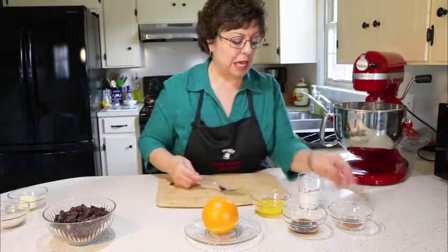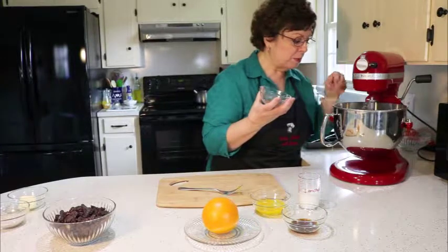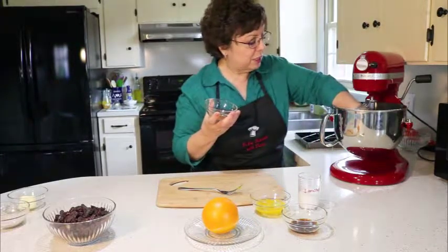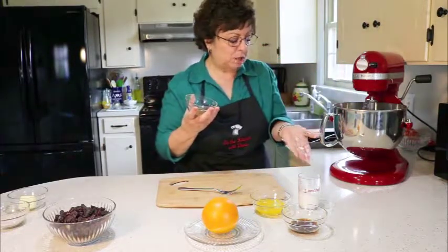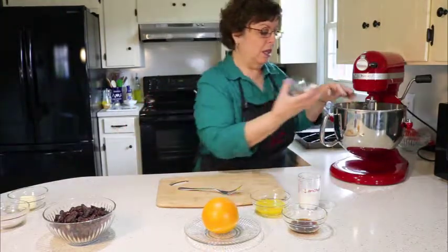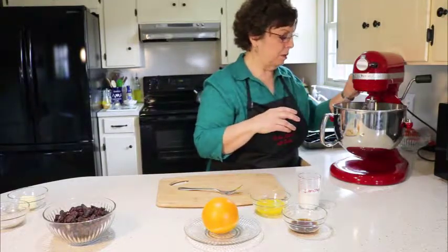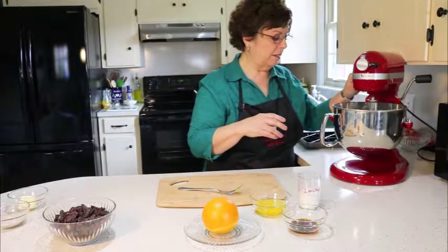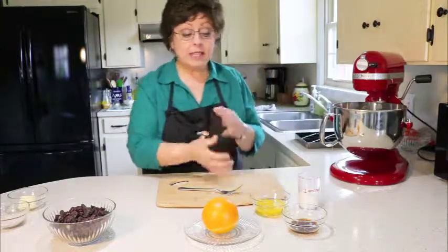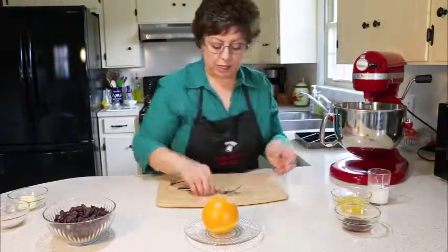All right, it looks like I can now, the butter's pretty tiny. That's working. Okay, little tiny cubes. That's pretty much what I want, just little tiny pieces of butter. I'm going to add the nutmeg and the cinnamon, stir it up a little bit more. Okay. And while that's going, we've beaten our egg, put the wet ingredients aside,